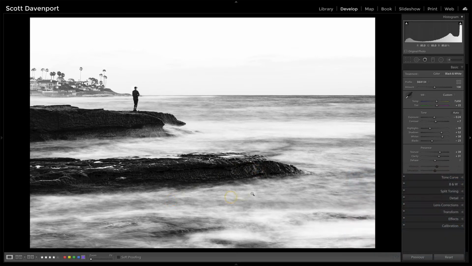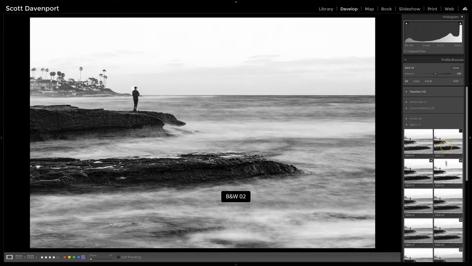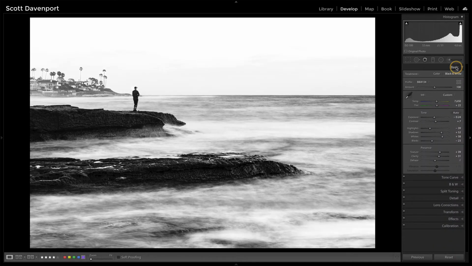As I worked with this, I got to a point where I'm not going to be able to get anything else out of it. There are some things that did work for me. Switching to a particular profile in Lightroom, the various different profiles, Black and White 4 worked nicely. It was very bright whites, nice deep blacks, so that was good for the contrast.